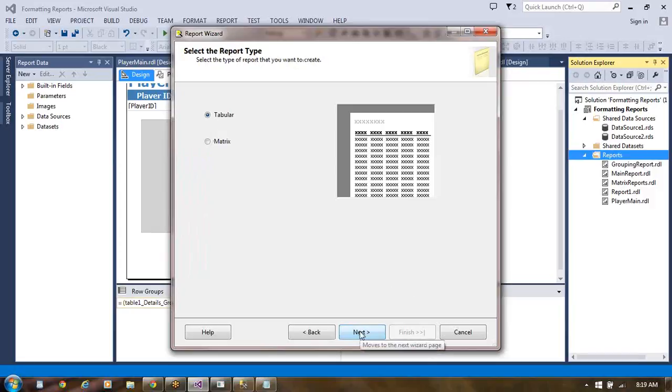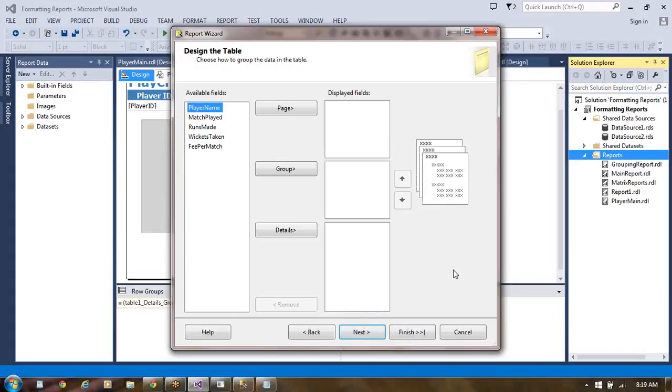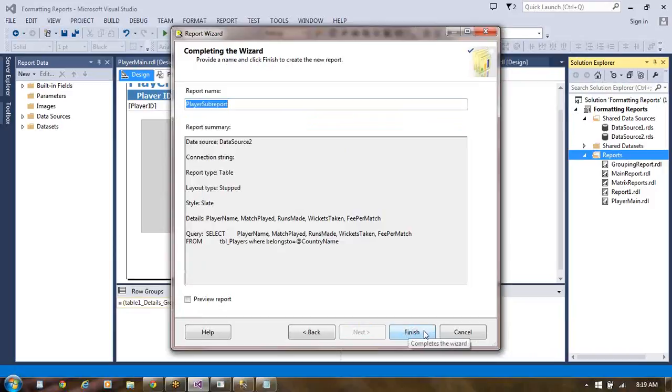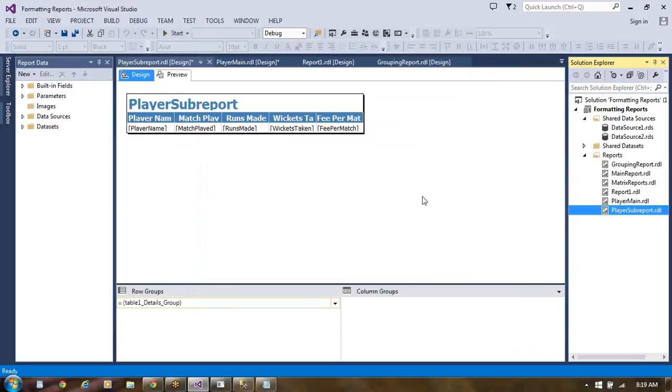So this is next. From here we can choose it. Player name is required, match played is next, runs made is next, wickets taken, fee per match we take here. Click on next, then here we can finish. We made the sub report. This is the report we have made.